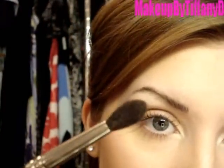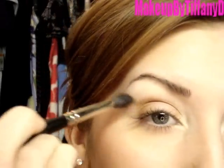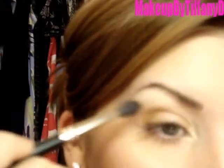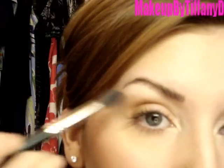Alright, next I'm going to take a brush like the 224. I'm going to get that same color, and I'm going to go right into the crease. And then kind of just blend upward and outward on this outer corner. This brush shouldn't really be putting down much color, it should just be giving a really soft wash of that